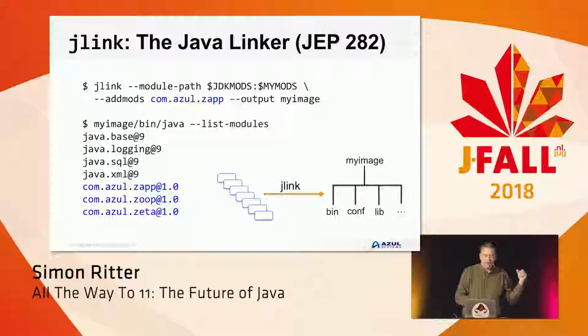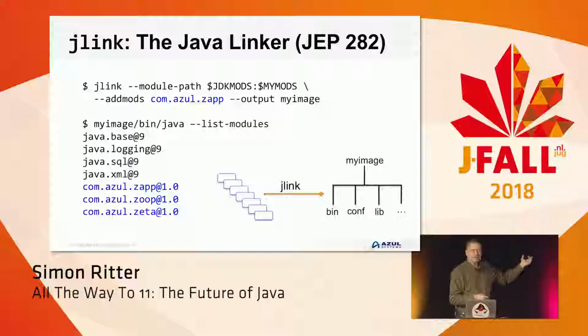If we look at the example here, it's a very simple example. I've got a simple application that is modularized. And if I say to jlink, here's where to find the modules, here's the module which contains my main entry point, and here's where I want the output to go, jlink will then determine all of the relationships between the modules that are required for that application. I don't have to do it explicitly. And then it will build a directory structure which looks just like the JDK. But it only contains the modules I need for my application.